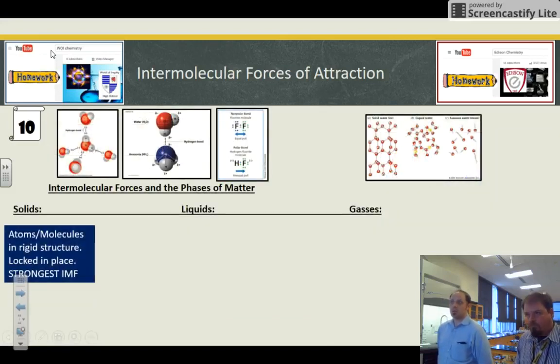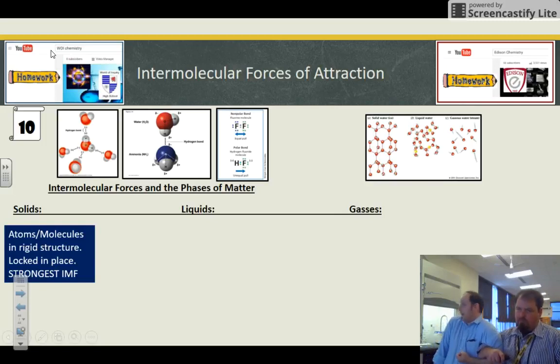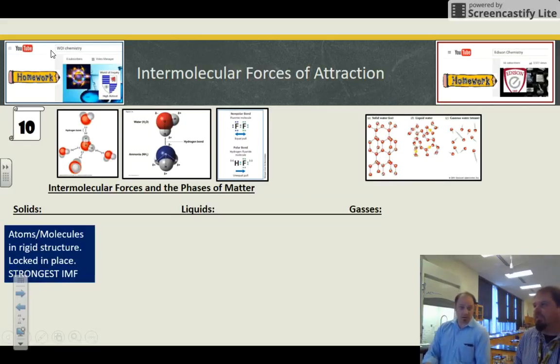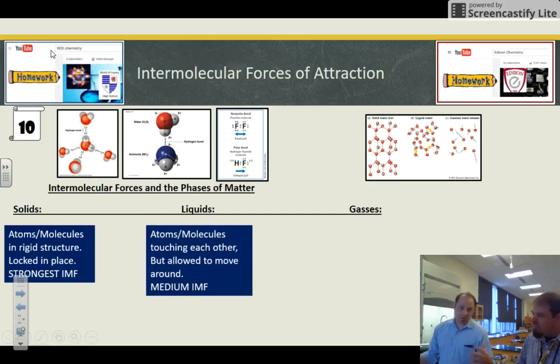Right. So, intermolecular forces in the phases of matter. In solids, they've got to be super strong. Very strong intermolecular forces. They're locked in. The atoms are stuck together. They don't want to move. I ain't moving. You're going to put a lot of energy in me to get me to be a liquid and then a gas. So then liquids are touching, so they have some